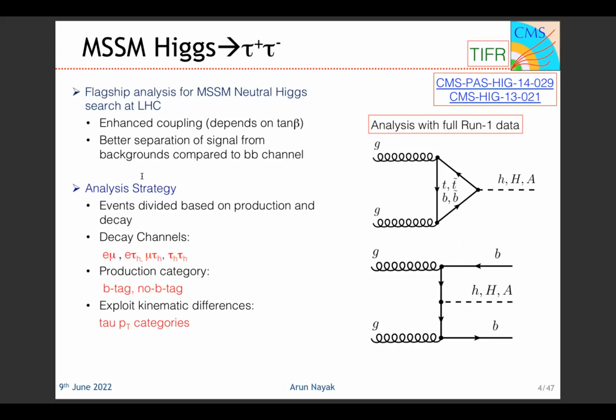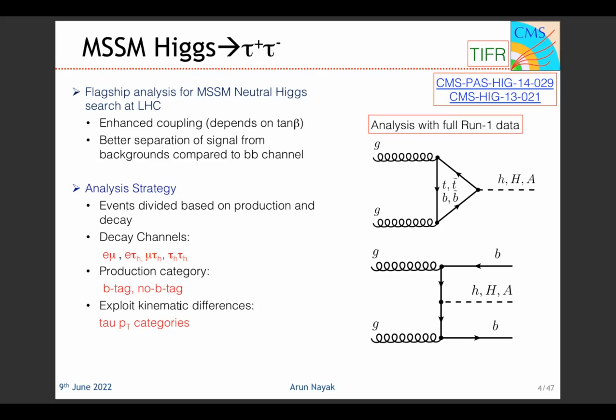So the analysis strategy is typically divided based on the production and decay modes. The decay channels are based on how the tau is decaying: it decays to leptons or it decays to hadrons. So there are 4 different final states that are considered. And then to separate the two production modes, you separate the production categories based on the number of b-tags